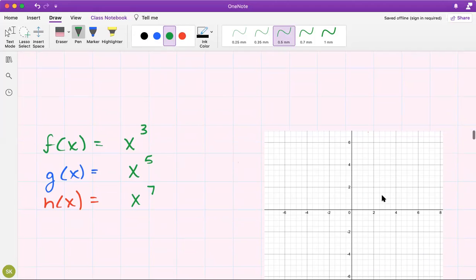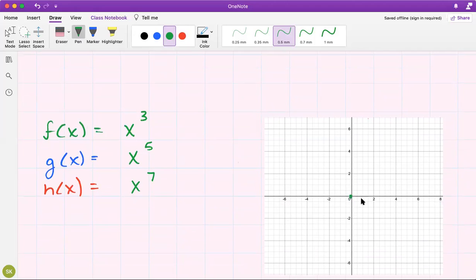Okay, if we have x cubed, of course you can plot a few points to give you the idea of this graph, but this was one of the graphs we learned, we memorized as a parent function. You can see if I plug in 1, I get 1. So I have a point at 1, 1. If I plug in -1, I get -1. And you can plug in more points, like 2 cubed is 8, and so on. But the overall shape of this graph